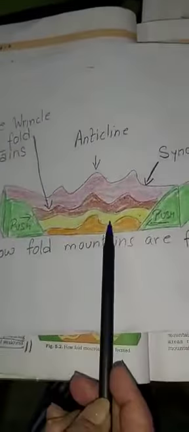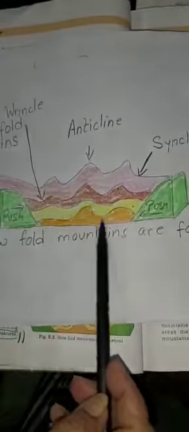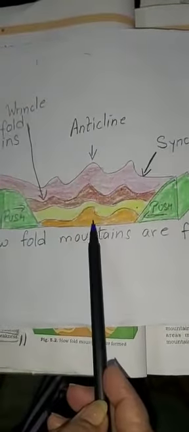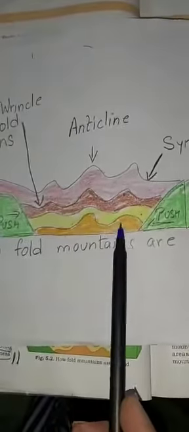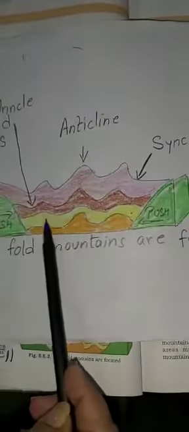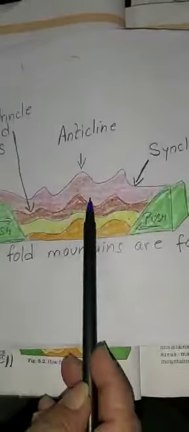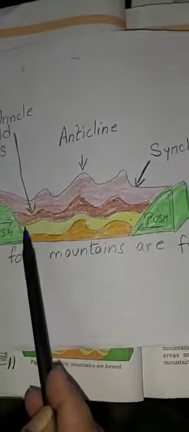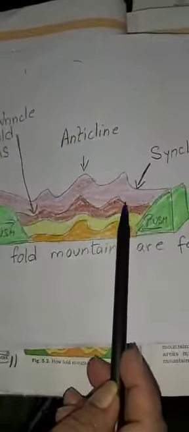Now here children, this shows how a fold mountain is formed. Here the land is pushed, force is created from two sides, and then the interior middle part moves like a wave. This is the part which is formed in semi-molten form. Rocks are formed in semi-molten form. Then here the land, the layers, because the earth is made up of different layers of rocks, so all the rocks are moved in a wave form that appears on the surface of the earth also.